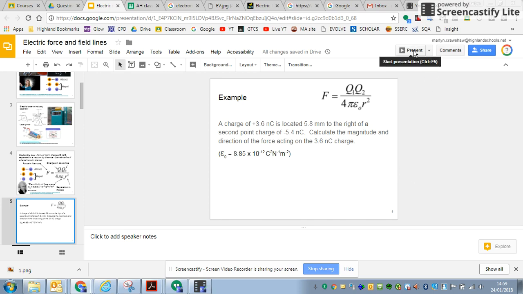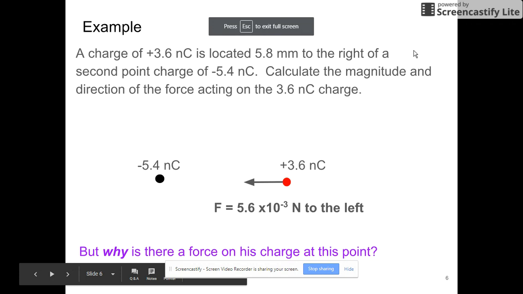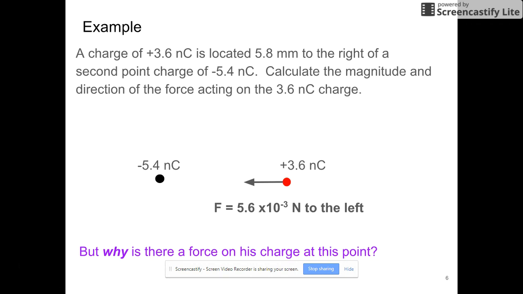Okay, so that's the stage that we got to where we had that question. Hopefully you should have an answer that the 3.6 nanocoulombs is attracted with a force of 5.6 times 10 to the minus 3 newtons to the left. So you've got that you can actually calculate the forces between charges, but why is there a charge on this